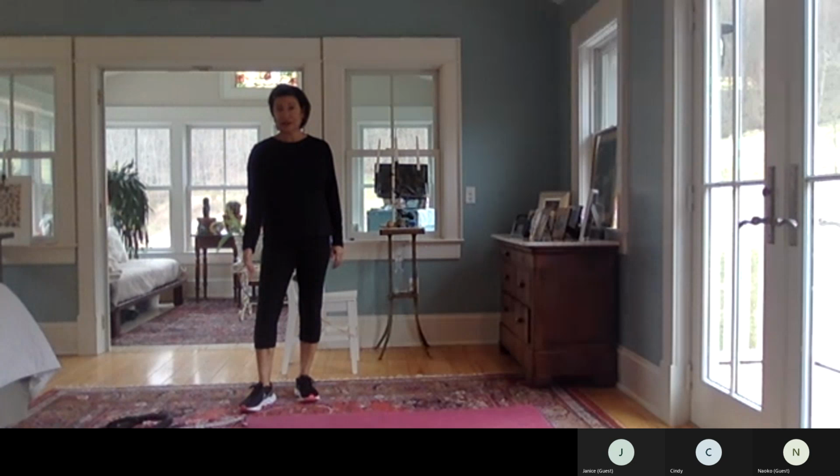All in vertical standing. So from here, we're going to turn out our feet in Pilates V, heels together, toes apart. We're going to squeeze our inner thighs, and we're going to lift the right leg behind us with the knee higher than the heel. And we're going to just press it up. Press it up. 8,